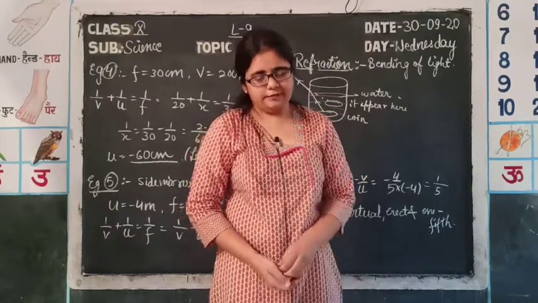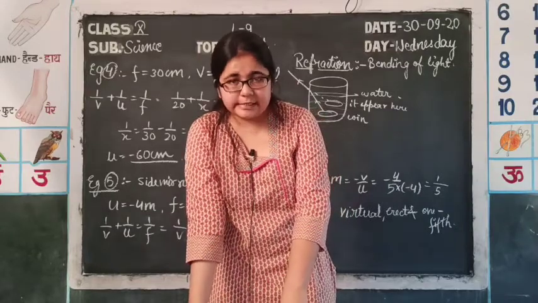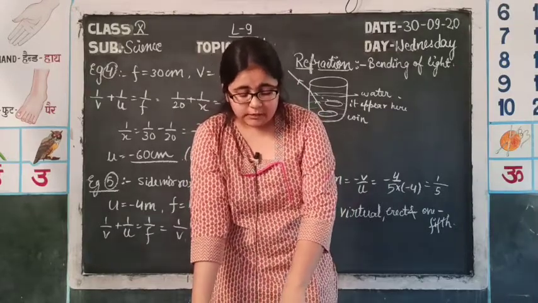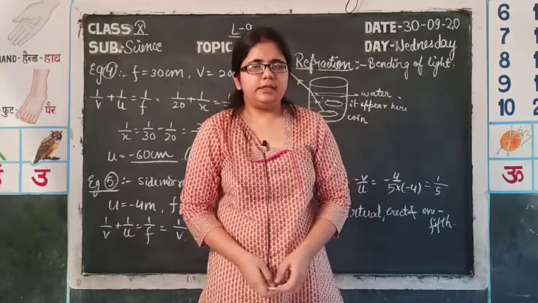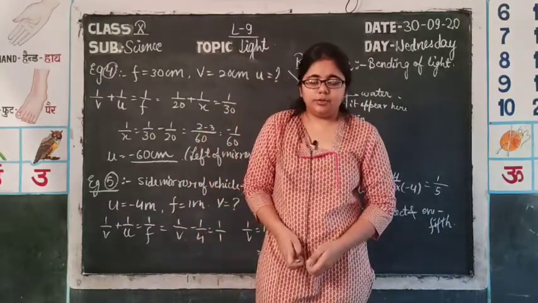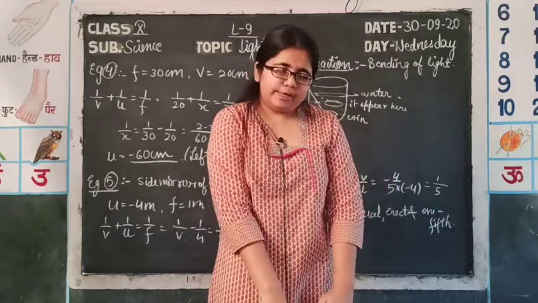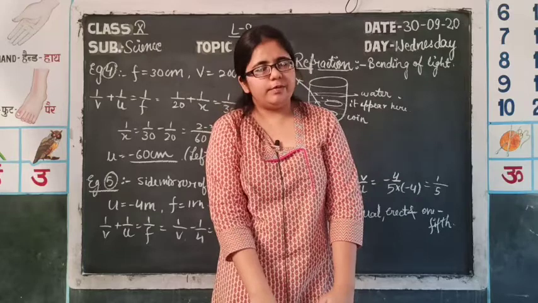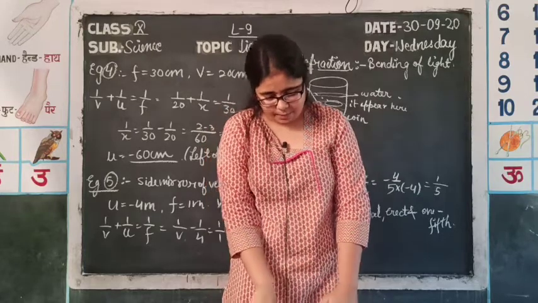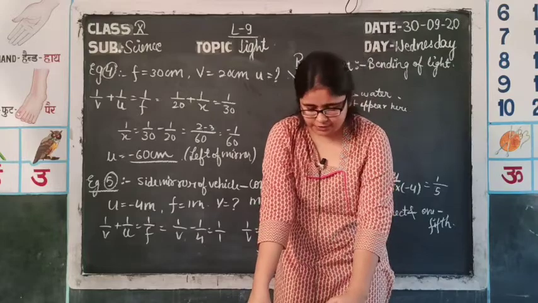And with all these deviations, you might have observed that when we extrapolate the incident ray, the final refracted ray and the initial incident ray are parallel to each other. You can infer from that that the bending towards the normal and the bending away from the normal were equal in amount. This was the bending of light due to refraction.